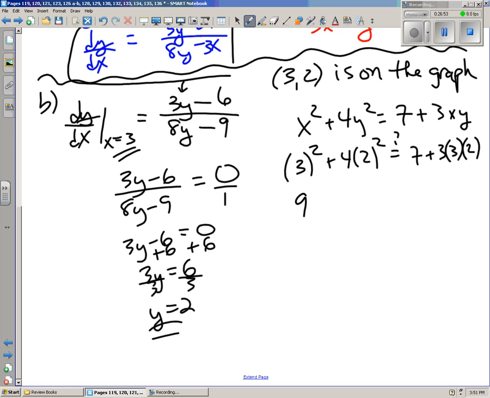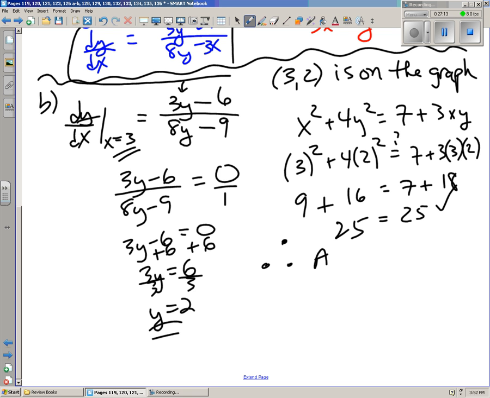3 squared is 9. 2 squared is 4, times 4 is 16. Does that equal 7 plus, well, 3 times 3 is 9, times 2 is 18? 9 plus 16 is 25. 7 plus 18 is 25. So yes. So we have now demonstrated that, if you want to write a little sentence to this, a little conclusion,